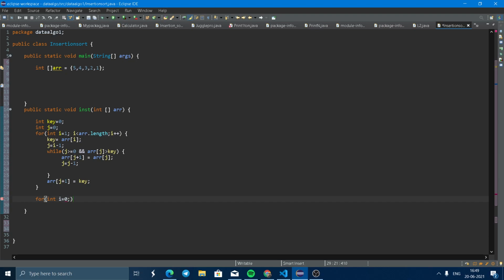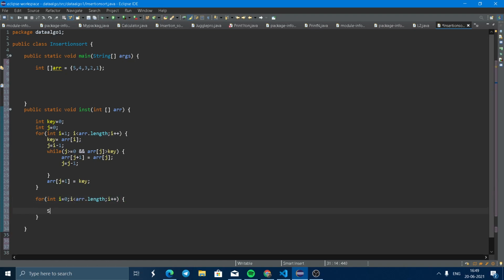That's why we start here from 0. i less than array dot length, i plus plus, System dot out dot println. Here we can write array i.